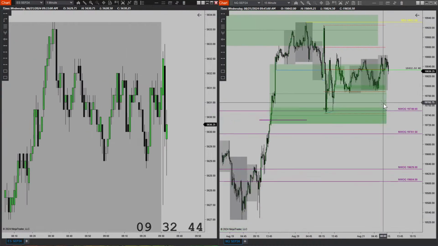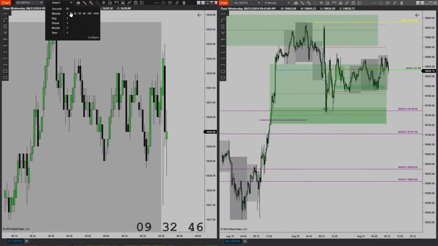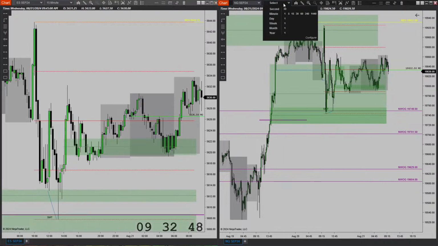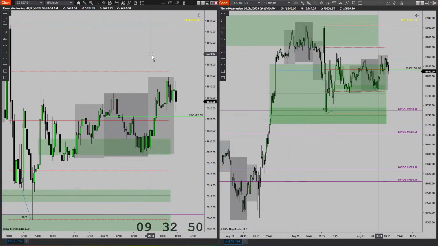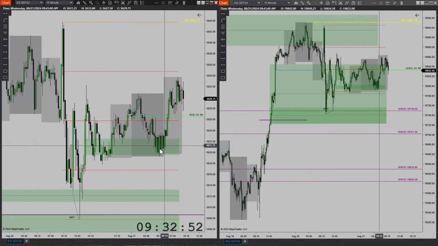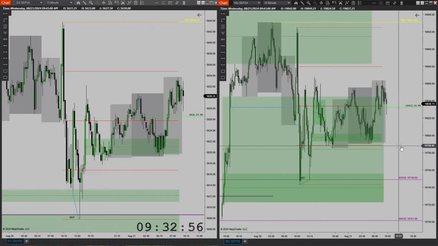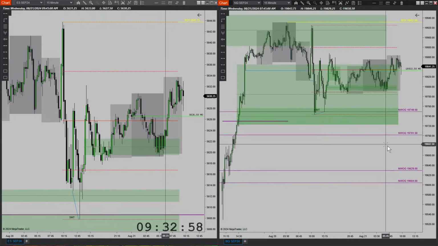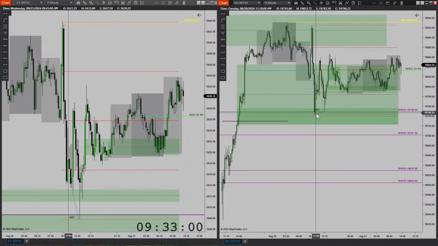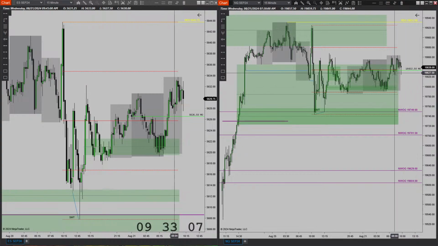No entry, no entry. Okay. So again, no entry just yet. I want to see a low get swept first. Once a low gets swept, then I'll start to target the highs. And like I said, I don't expect price to come down here. So that's actually a pretty good sign. Nothing down at the lows just yet.